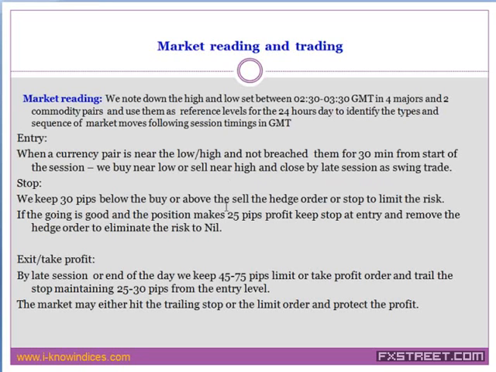But still keep a 30 pips stop if the hedging facility is not available, and keep a 30 pips hedge order, a buy stop or sell stop, and then try to keep stop at entry in order to eliminate the risk once the position makes about 25 pips profit, and then try to maximize the profit. Aim for 45 to 75 pips profit. You should be able to easily get it.